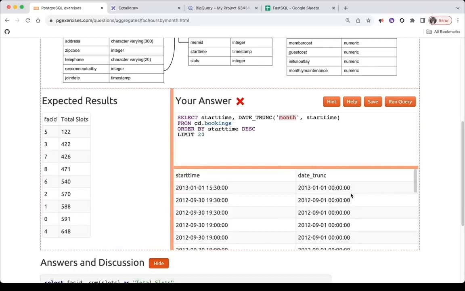Count the number of recommendations each member makes. So in the members table, we have a field which is recommended by, and here is the ID of the member who recommended the member that this row is about. So now we want to get all these recommended by values and count how many times they appear. So I can go to my members table,